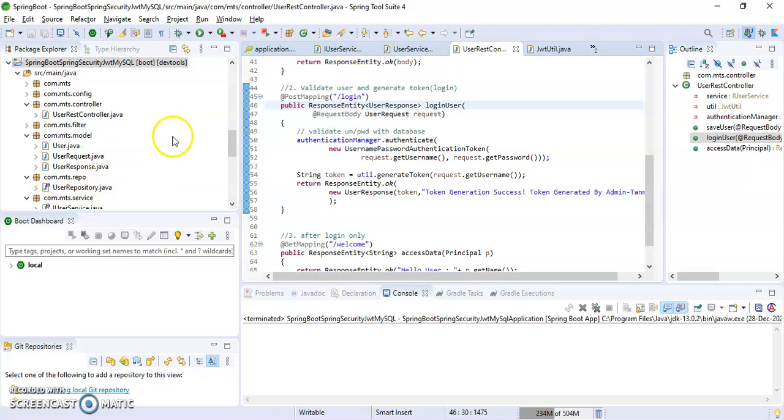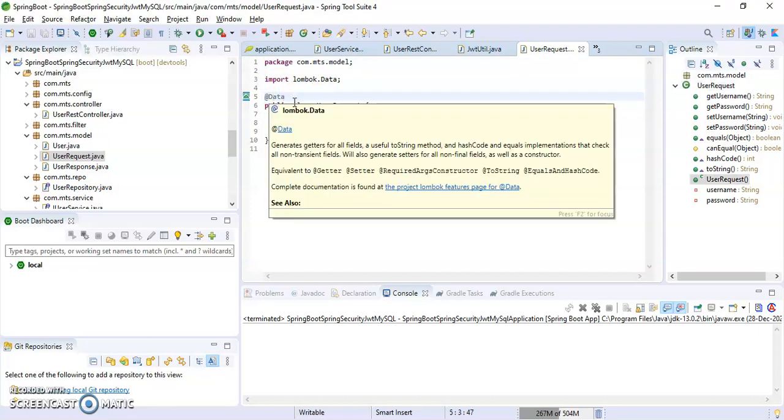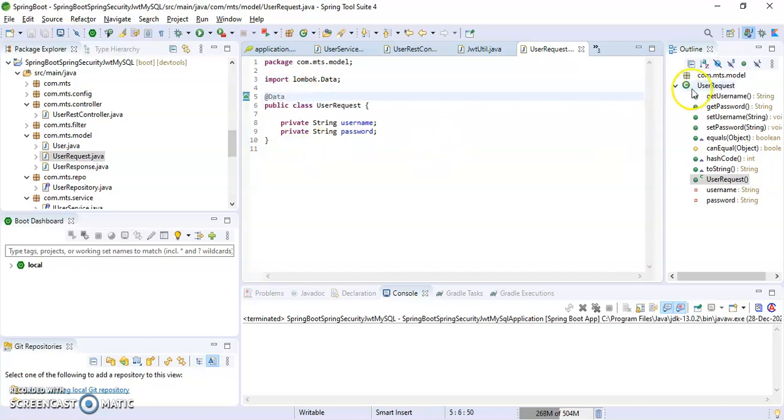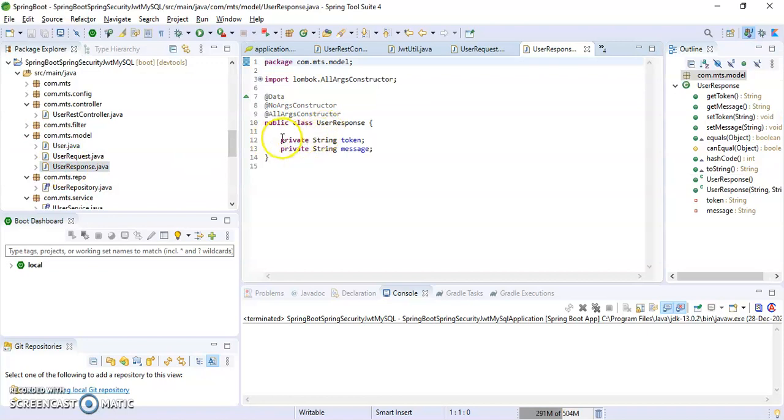So to create this, you have to create two classes, UserRequest and UserResponse. Give variables username and password in the UserRequest class and use Lombok's data annotation to get setters and getters, and then in the UserResponse class create some variables as private String token and private String message, and give a Lombok data, no args constructor and all args constructor.